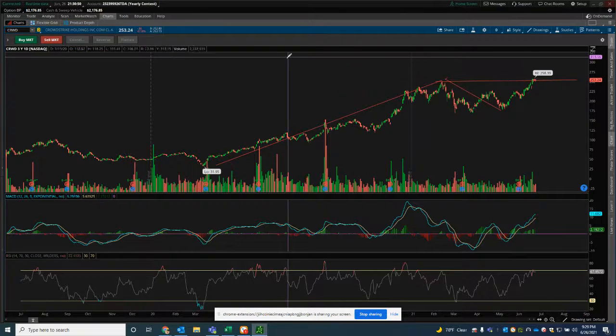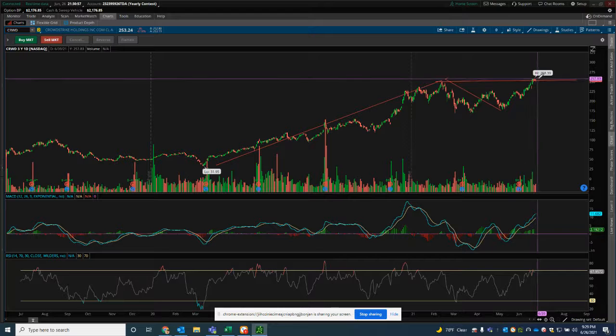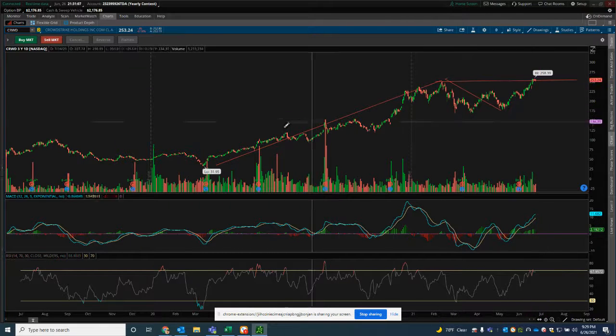Draw a straight line, right? Not exactly straight, but you get it's broken up. So if it sticks up here, if it's bullish and it's heading up, man, that's a great sign to go ahead and buy. If you don't have CrowdStrike and you want to hold that long term, you're looking at